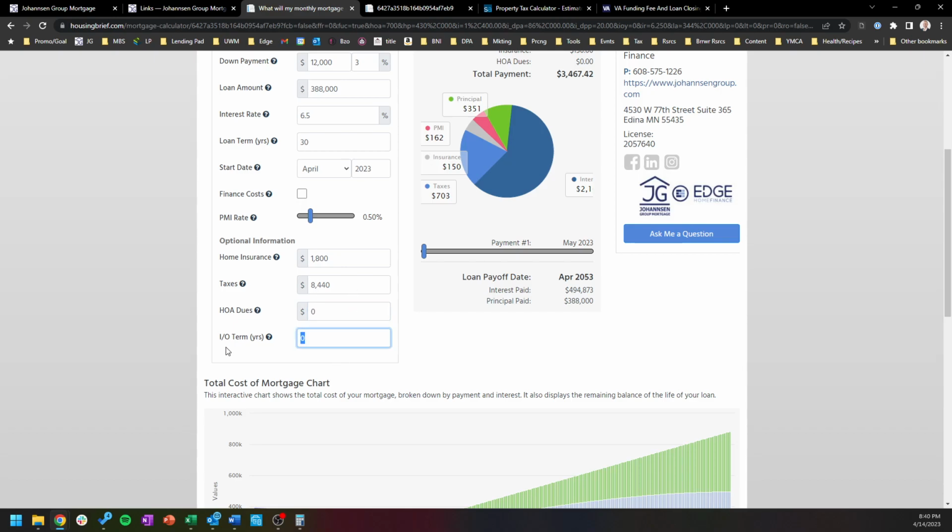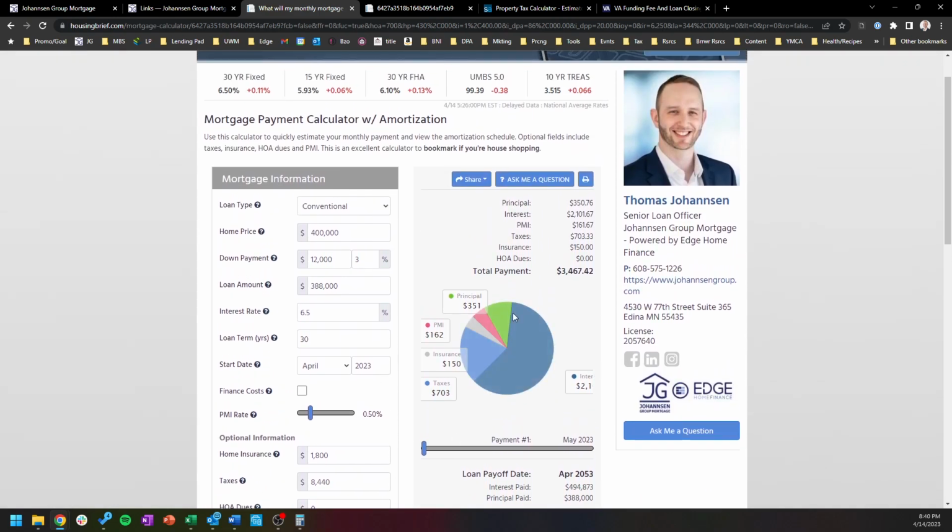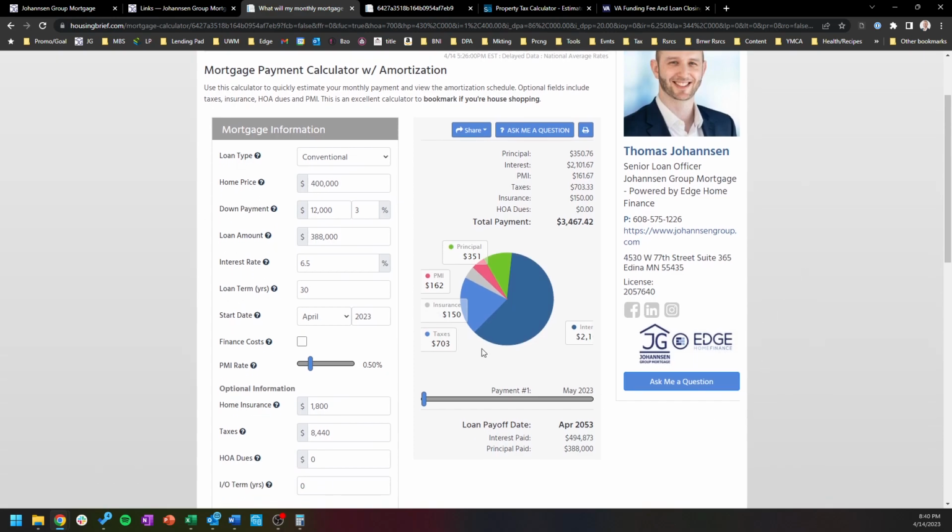This is if there's interest only on the loan, and I'm certainly not going to go over that at this point, as this is relating to fixed rate mortgages and just more basic calculation and standard for most people. So we have here the breakdown of principal, interest, PMI, taxes, insurance, HOA dues, and then our total monthly payment from all of that put together,